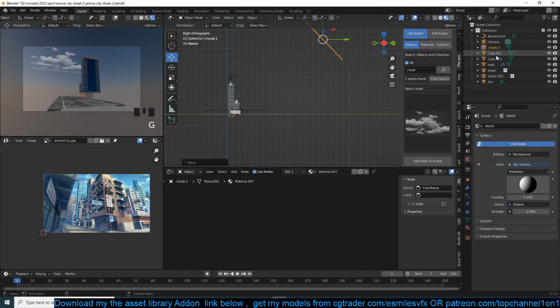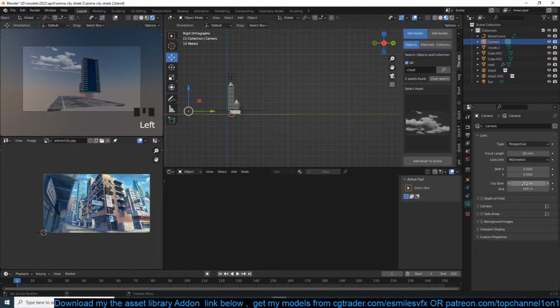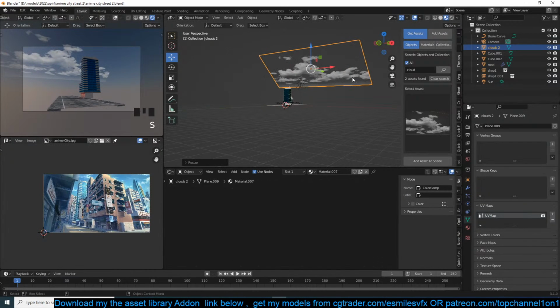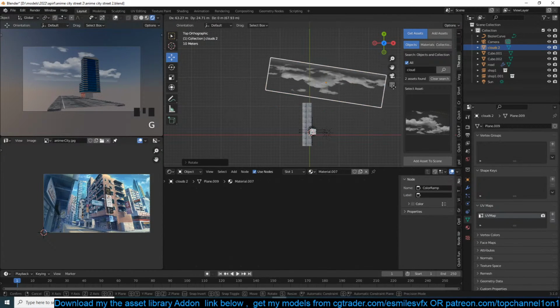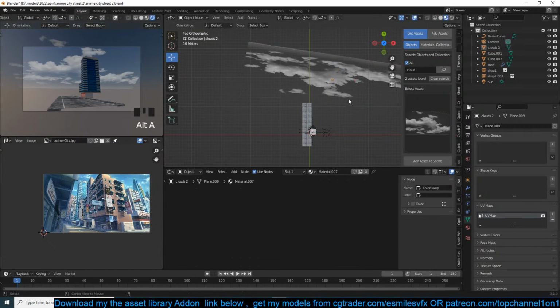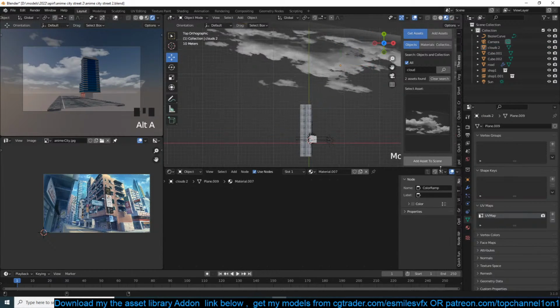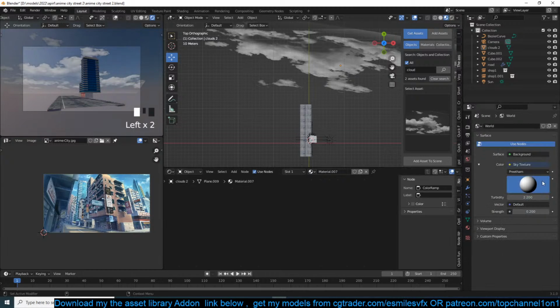Let me change my camera clip distance to about 500. Maybe change